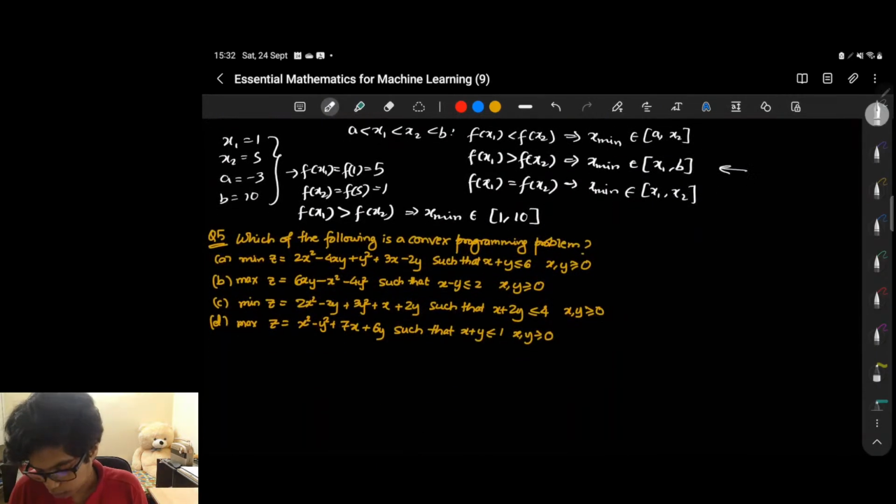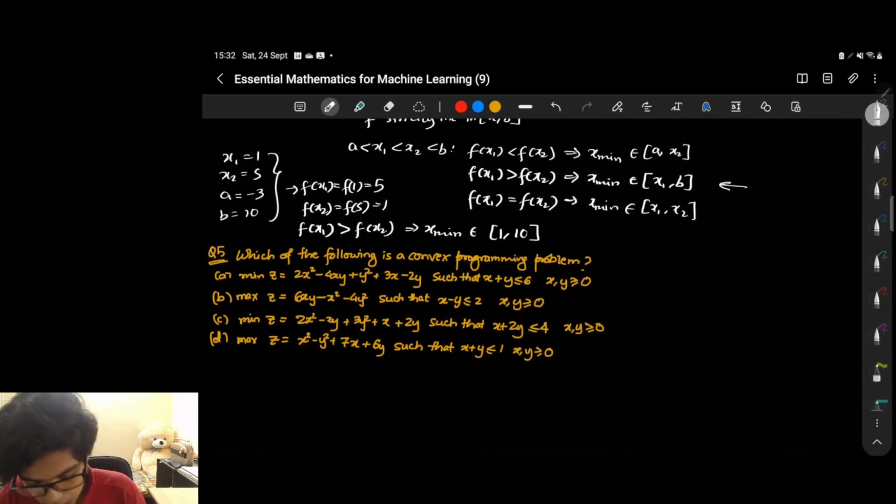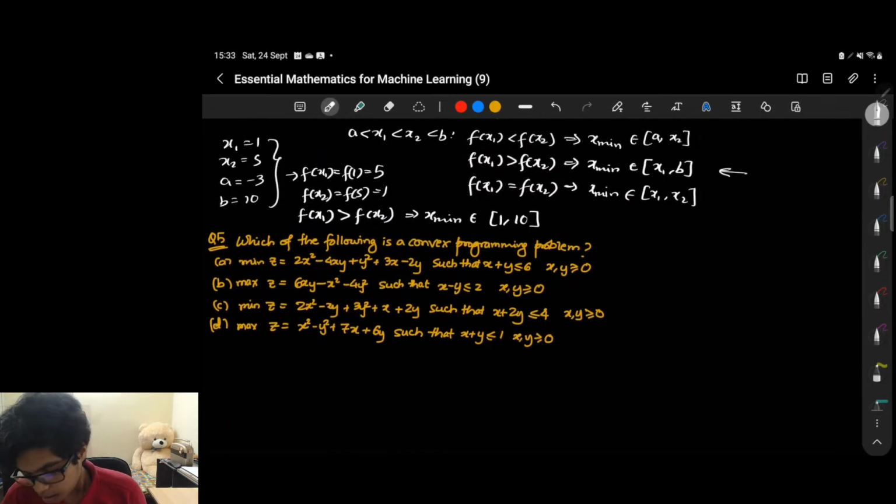So let's move to the next question. Which of the following is a convex programming problem? We are given 4 functions with certain constraints, and we need to find out whether these are convex programming problems or not. A convex programming problem is one in which, for minimization type problems,